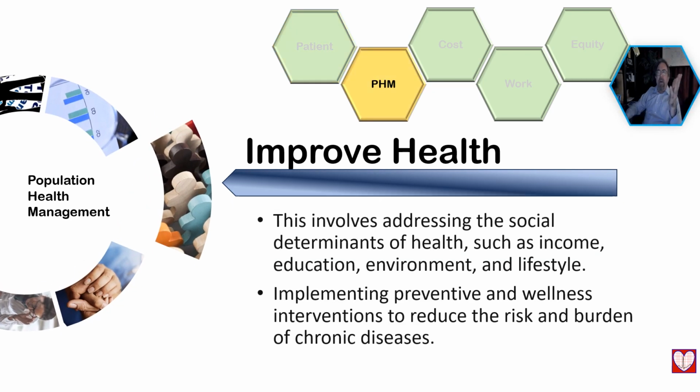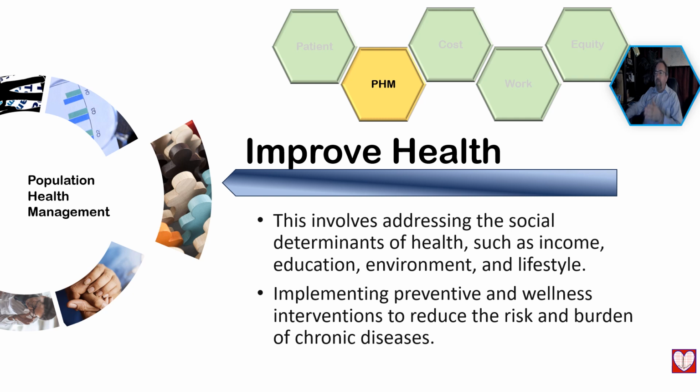Improving the overall population health is our real goal here. Mainly, what we try to strive for proactively is addressing the social determinants of health. And we've listed a few here: income, education, environment, lifestyle. Certainly there are dozens more that we are continuing to uncover. And that really folds back into equity that we will follow up on later.